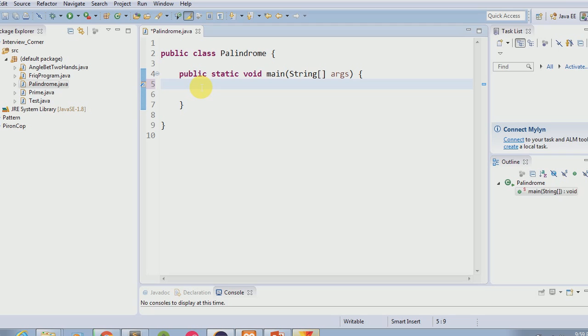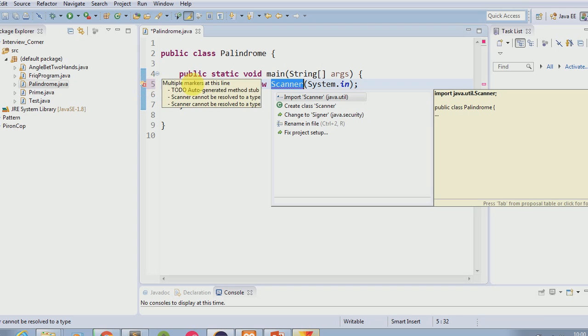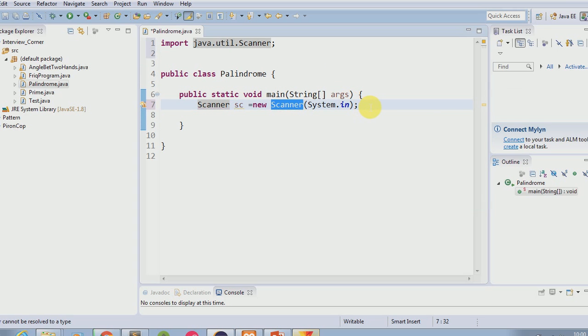So we have to scan a number from the user. So I am going to make a Scanner class object: Scanner sc is equal to new Scanner(System.in). Import the Scanner class.